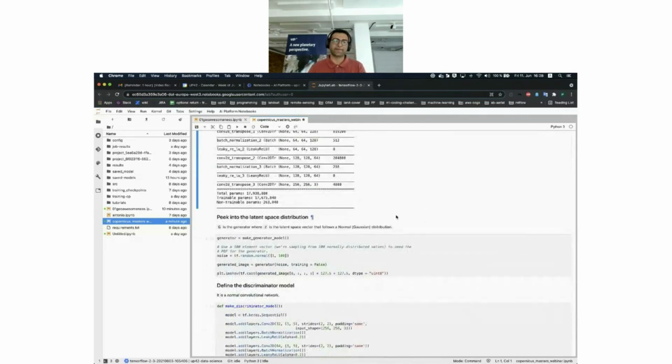Now, the noise vector is about peeking into the latent space distribution. So now, since we have created the generator model,